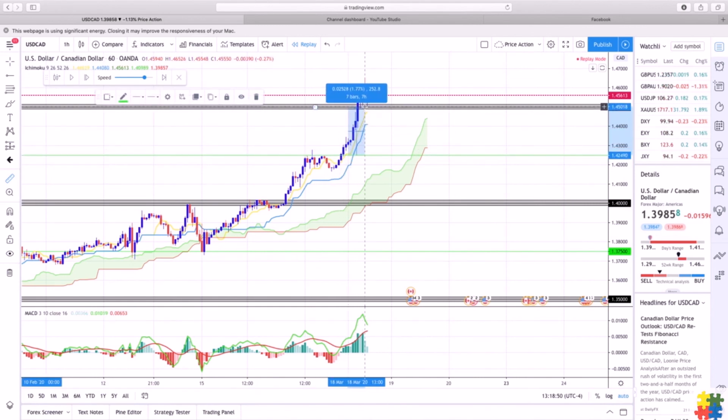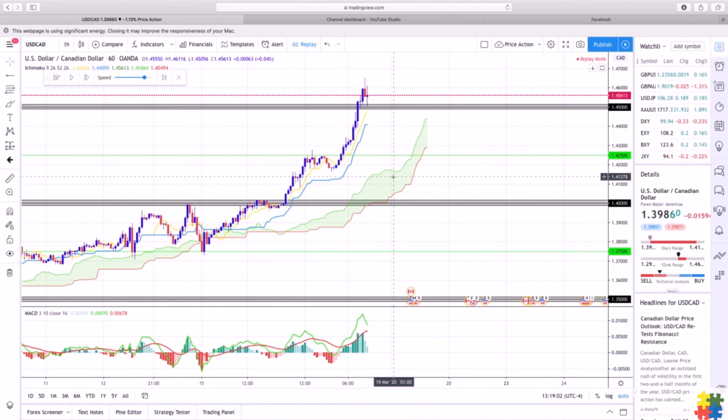Boom, you caught 252 pips. Get out of the trade, and you wait for a re-entry. Basically it's the same thing over and over and over. That's why I say pick a pair, pick 1, 2, or 3, and you just go back and use this Ichimoku cloud along with putting these zones in, and you just watch how price reacts towards those zones. You either buy to your zone, like right here, it's in your zone, it breaks above, closes above the